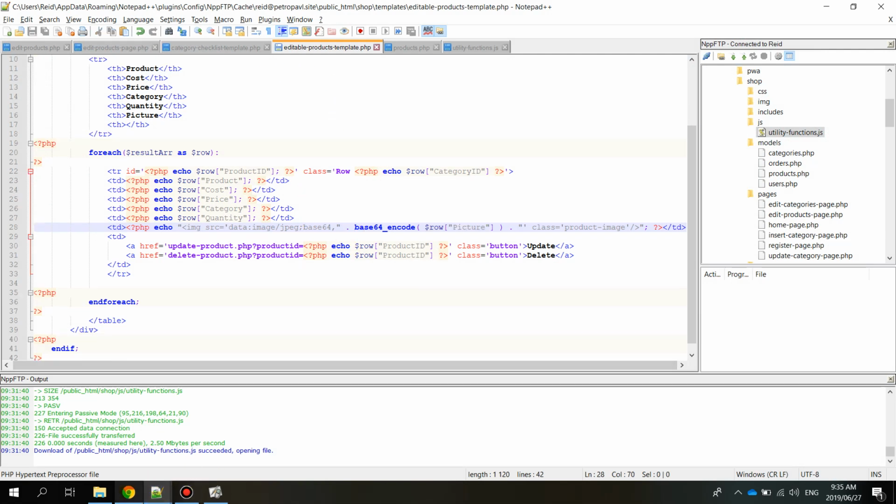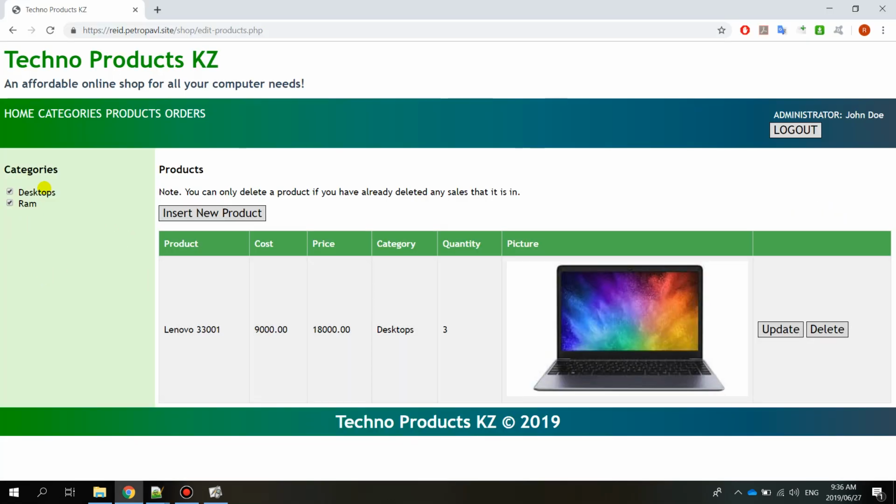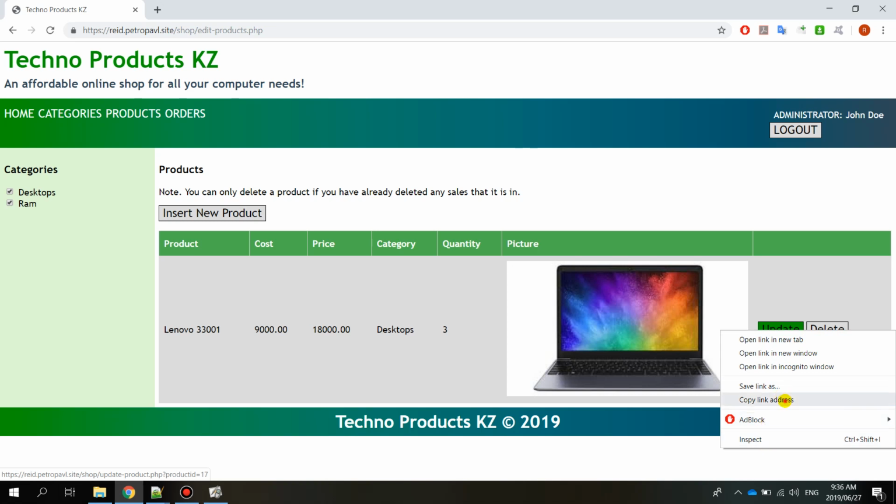Right, so if we have a look here, that's this part completed. We've got the categories, we're showing the products, and we have the update and delete button for each product. So if we have a look at that address,